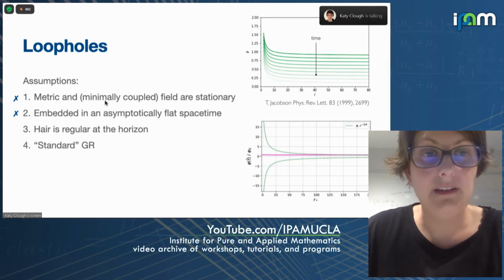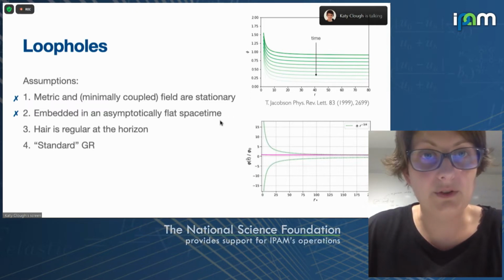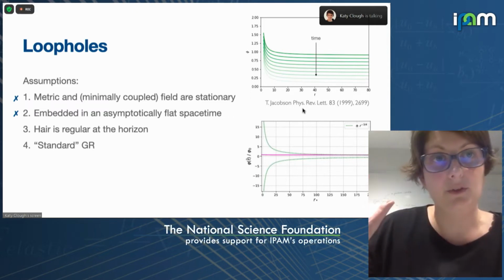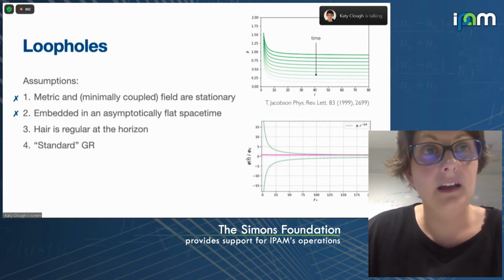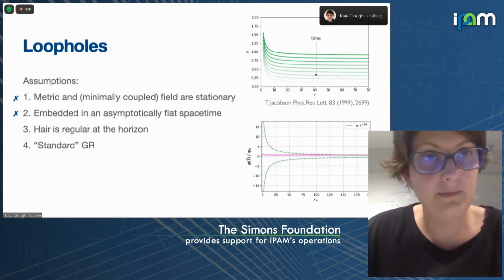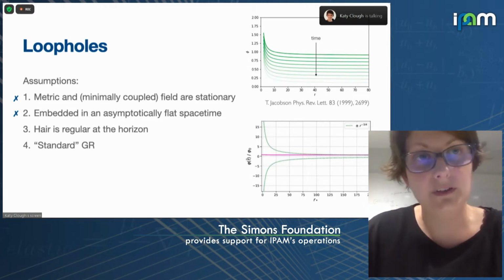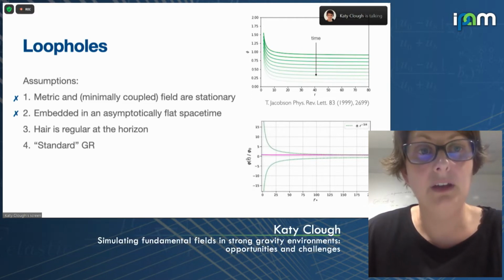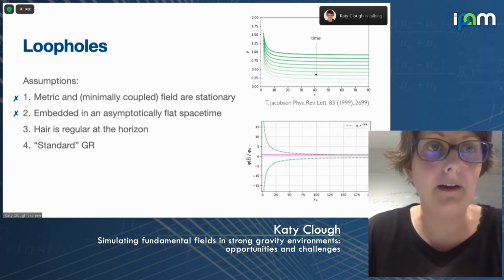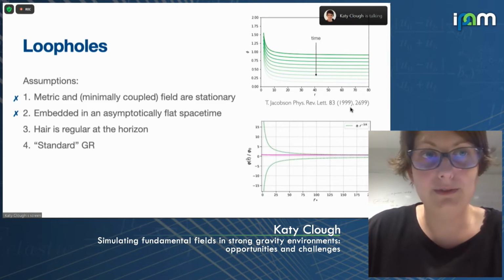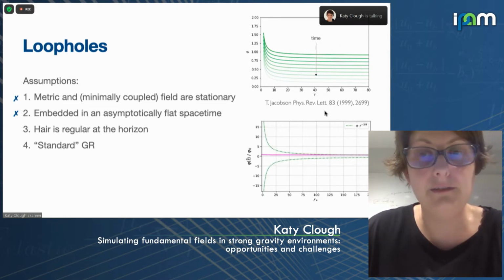So you can see that this obviously breaks the first assumption. It also breaks the second assumption because, of course, if you have an asymptotically time-varying field, that tells you that you have some energy density asymptotically. And so you're not in vacuum flat space. You're in some kind of cosmological space-time. But after all, we do live in a cosmological space-time. So that was ultimately the motivation for this suggestion.